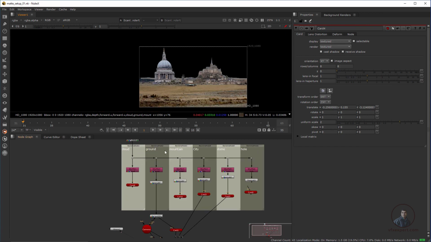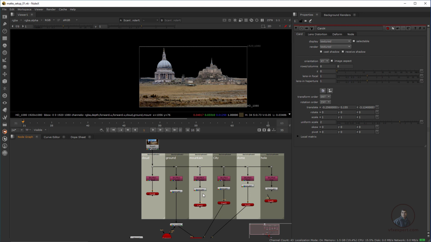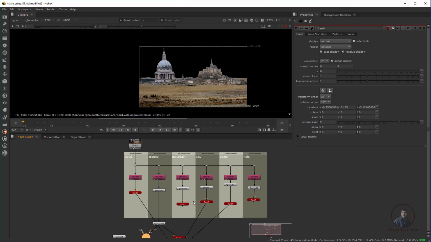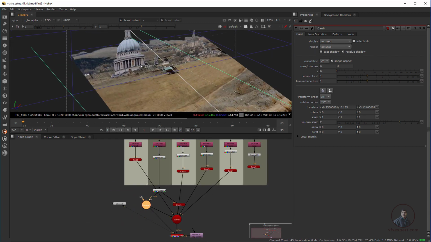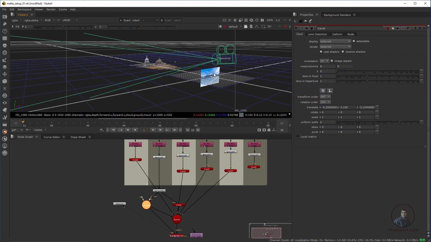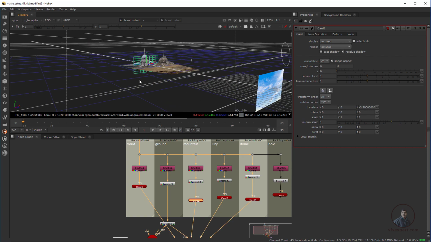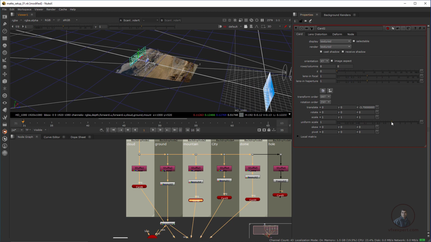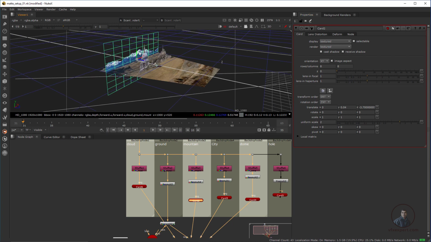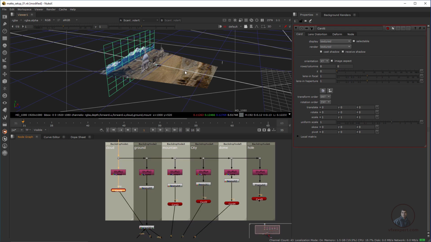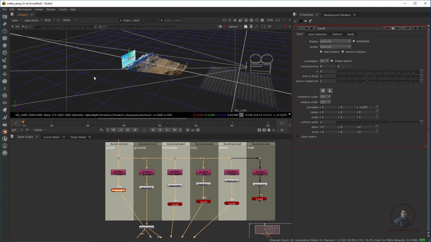Now finally, to place our cloud and mountain. First let me connect all the images in our scene. Now press tab and adjust the cloud and mountain a little bit. Select this mountain card and adjust it behind this. So you can see it like this. Now scale it up a little bit, maybe 2. Then take our cloud here, double click on it and place it finally maybe here.